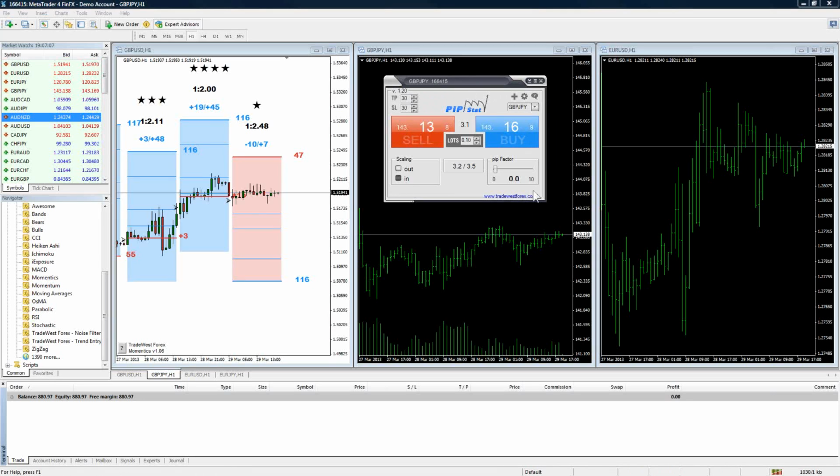Now keep in mind, when you get used to it, you get kind of spoiled. There's a drastic difference between using Pip Stat and not. It's one of those where trading got a lot more fun. It became much more fun, in my opinion, when Pip Stat made it out of beta. Trading altogether became more fun, just because you were able to focus on the stuff that really mattered, and that was the stuff that really drew you into trading Forex. So that's what I really liked about it.